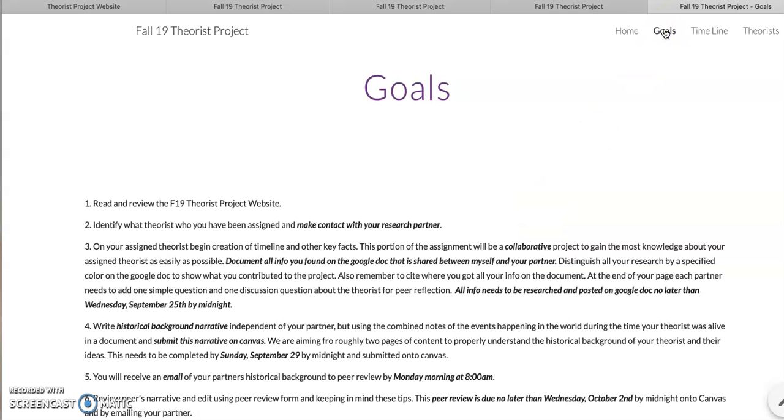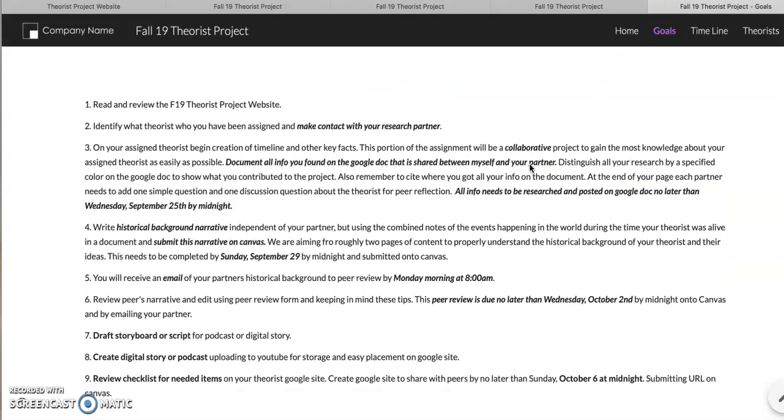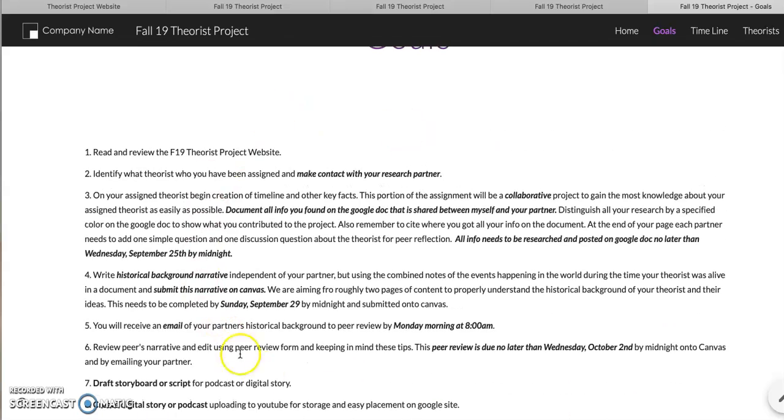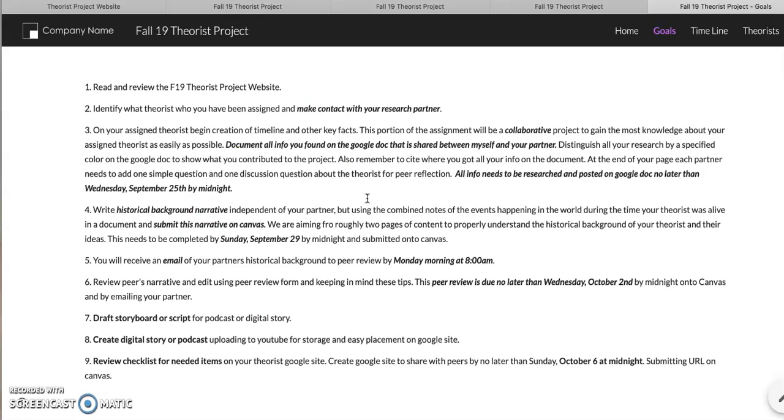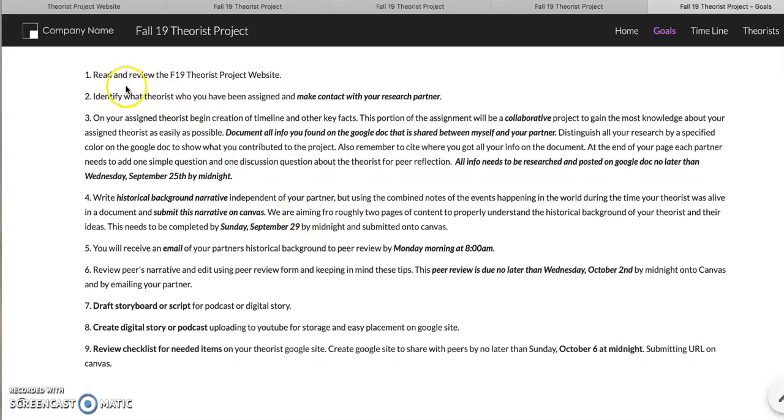If I go to goals, I can see all 9 things that I need to do over the next 2 weeks. I need to review the Theorist project website. You are going to make contact with your research partner, and you're only working with that research partner in this step, number 3.